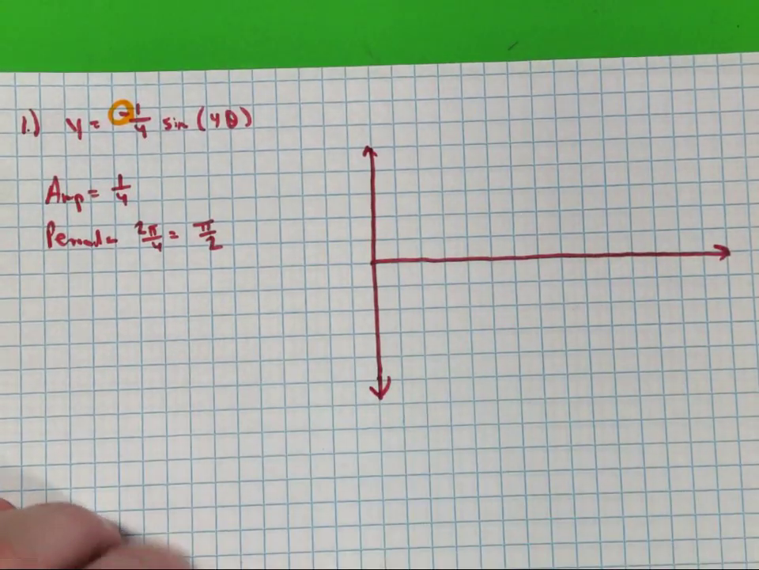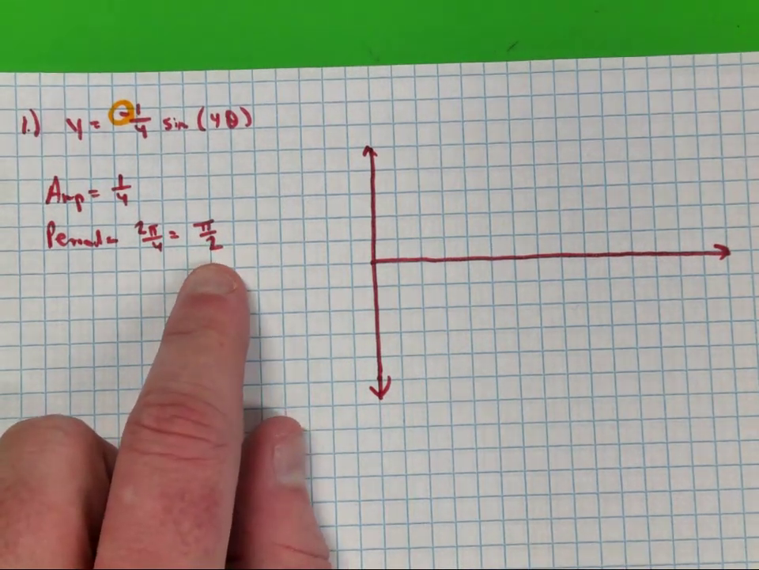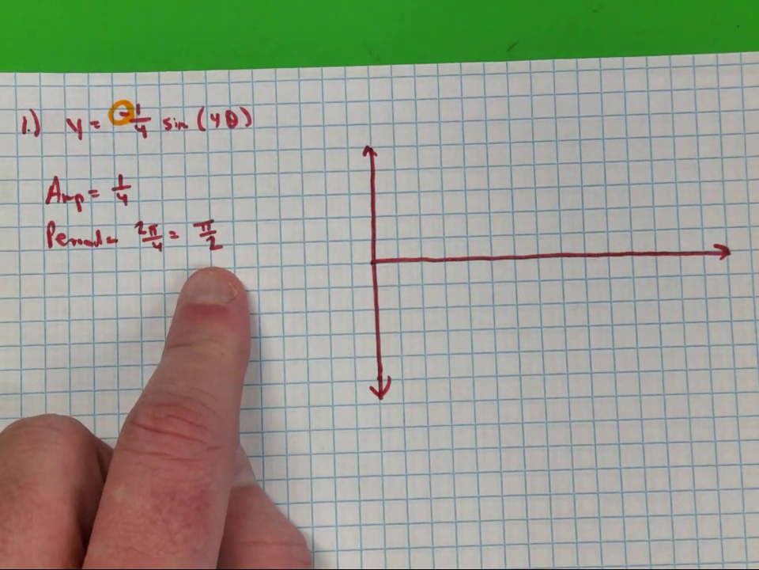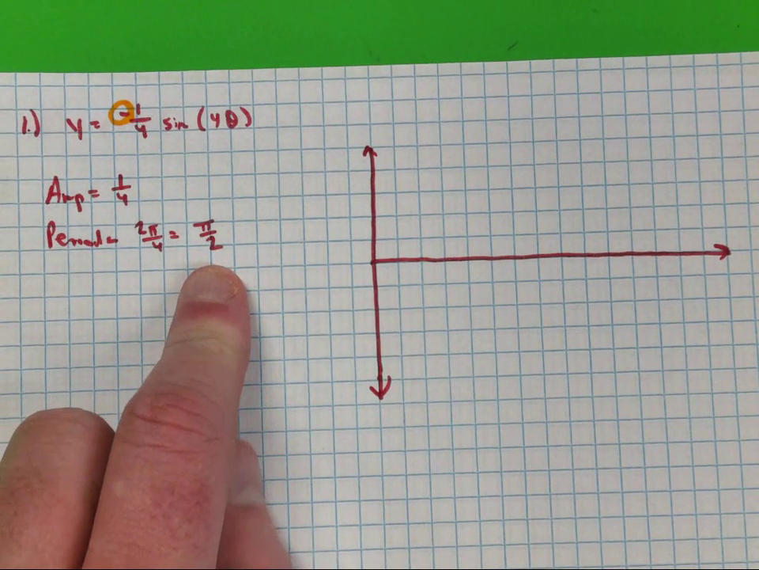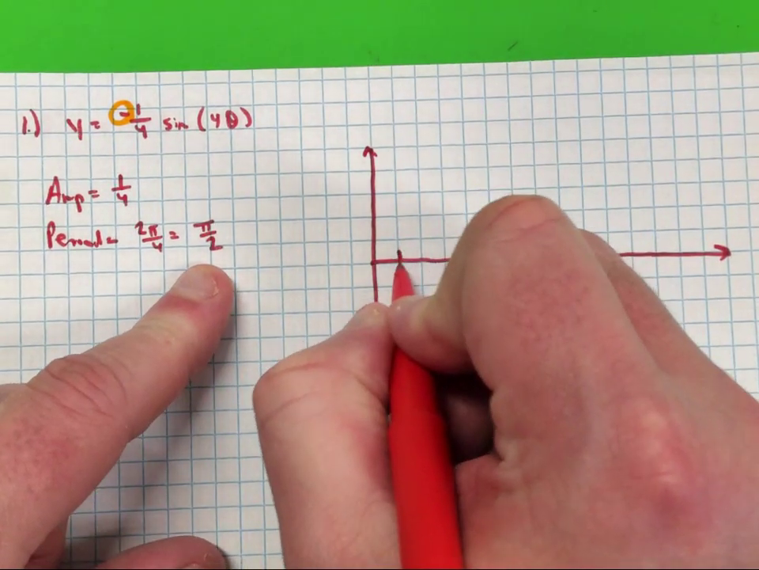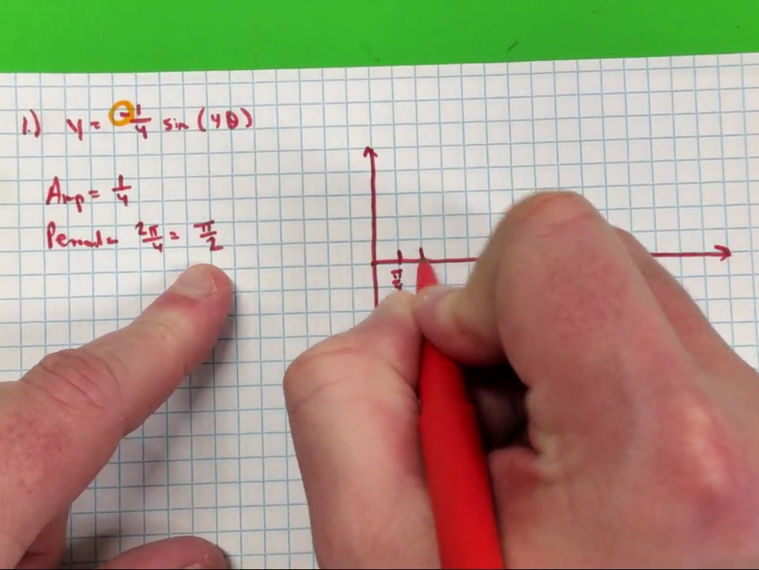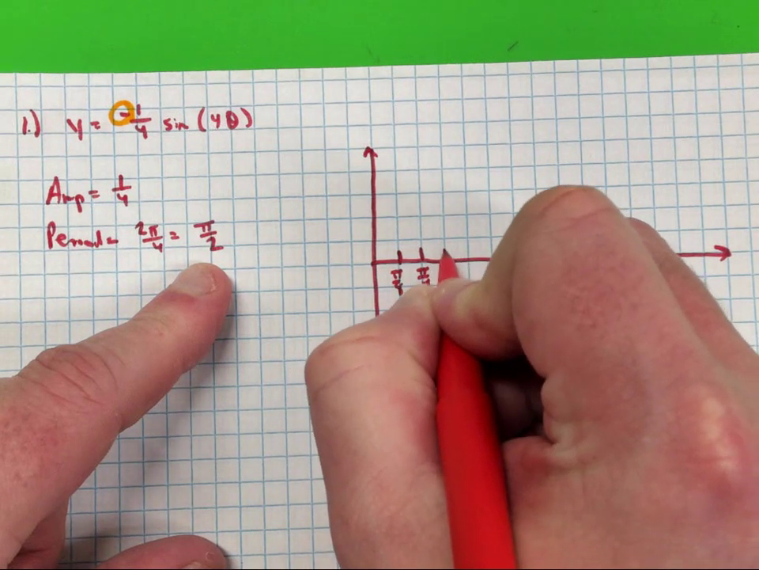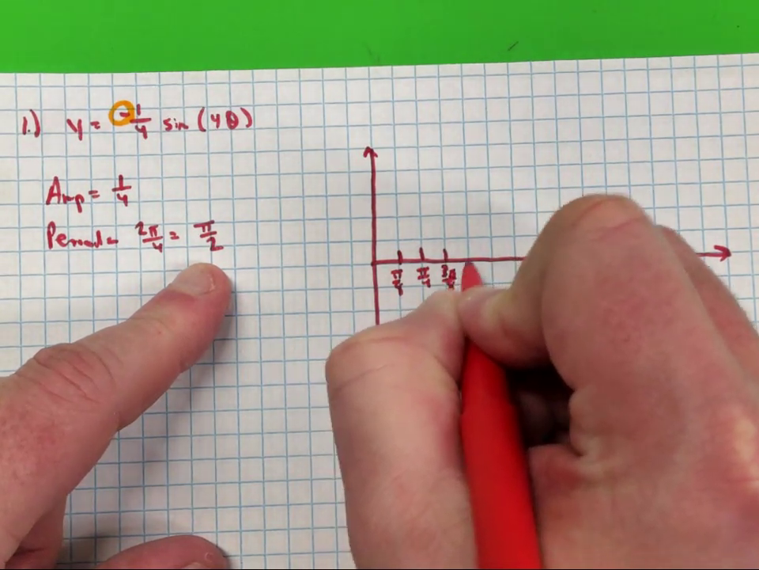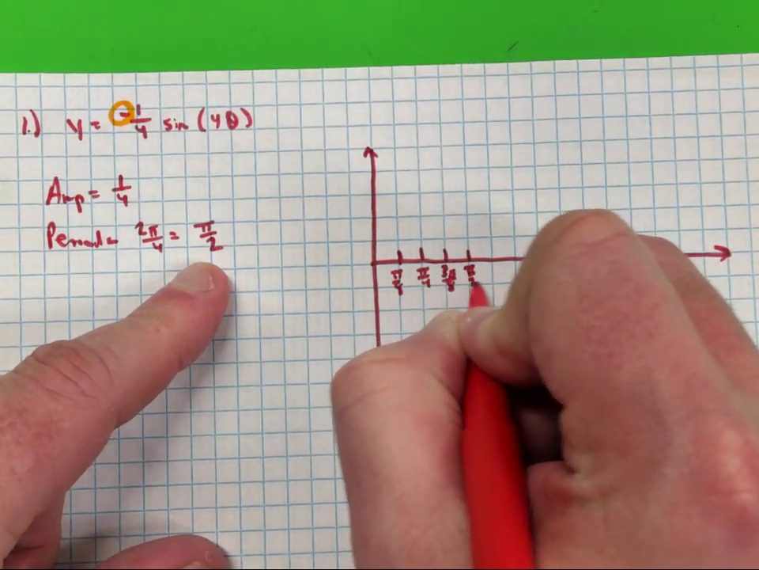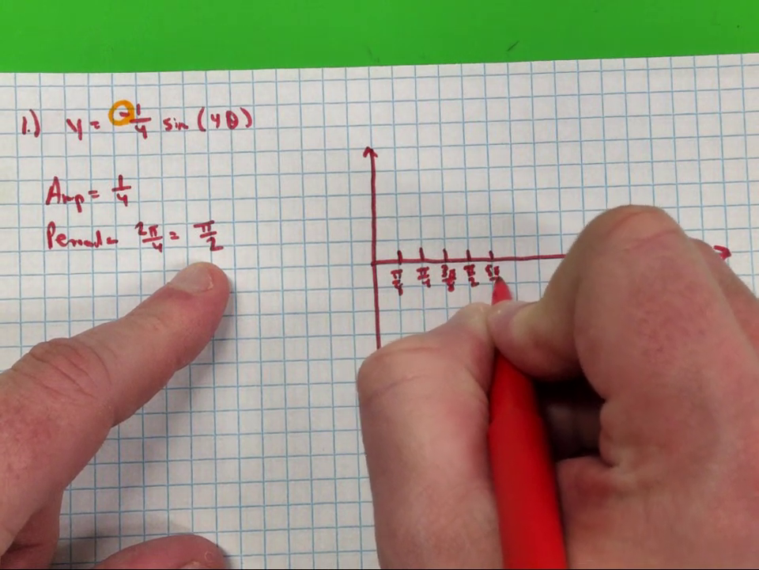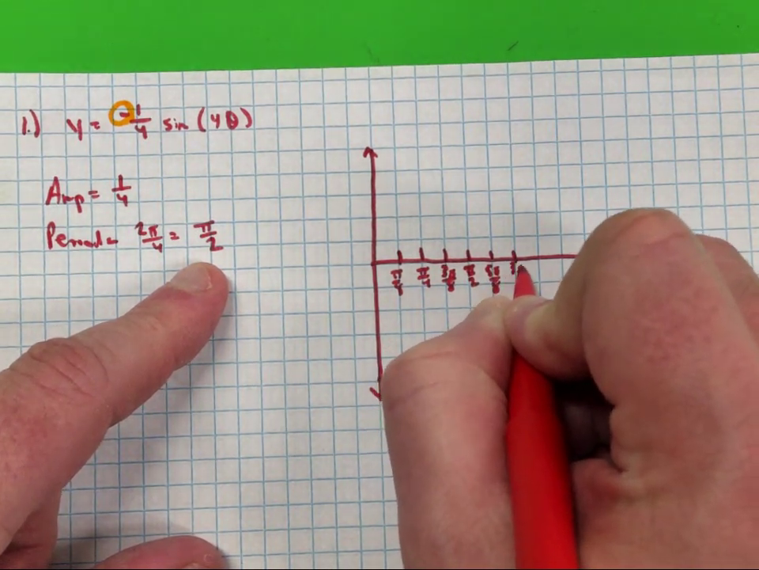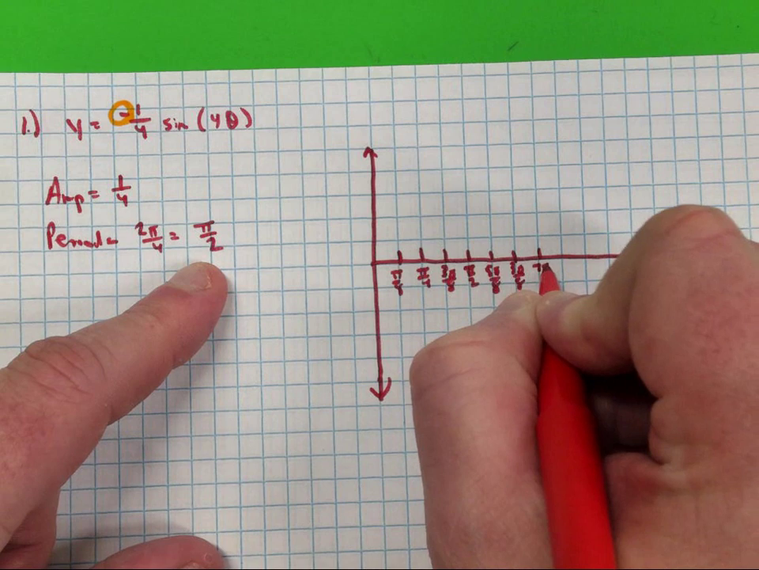How do I find my x-coordinates? Take my pi over 2 and divide it by what? 4, and that will be pi over what? 8. Pi over 8, 2 pi over 8, 3 pi over 8, 4 pi over 8, 5 pi over 8, 6 pi over 8, 7 pi over 8,